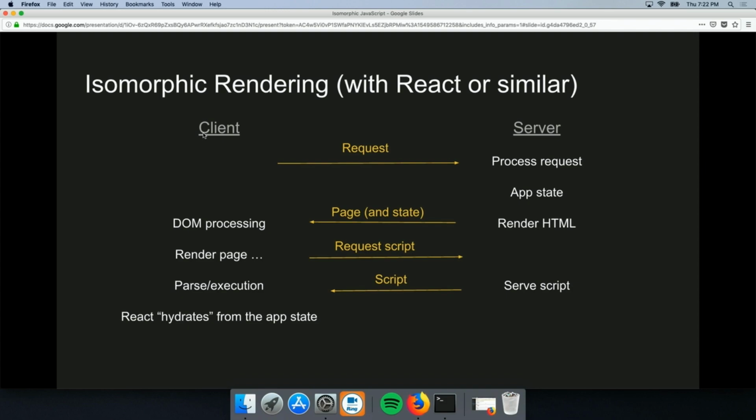Once the browser is rendering the page, it will find all the script tags and all of the resource tags, and request those scripts from the server. The server serves the scripts back. The browser can then parse and execute the script. And then what happens is that a smart library like React can take the script and hydrate the state of the application from both the state and the code that's in the script. And so what you end up with is